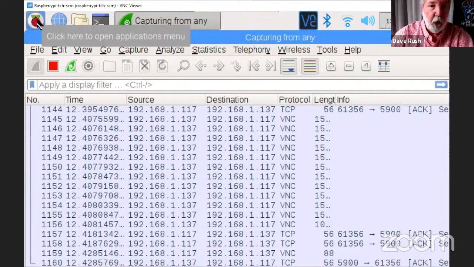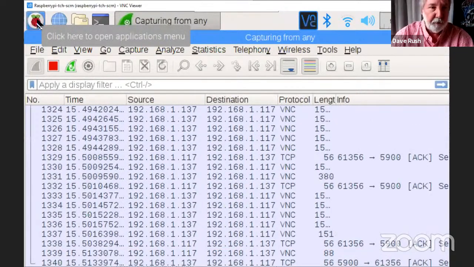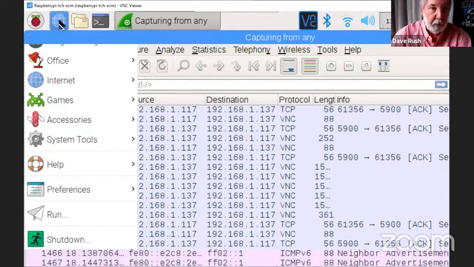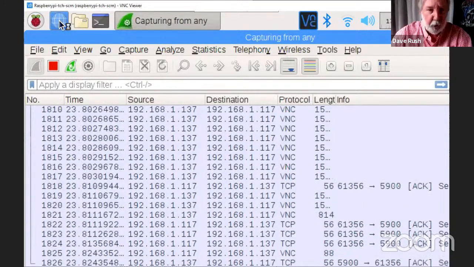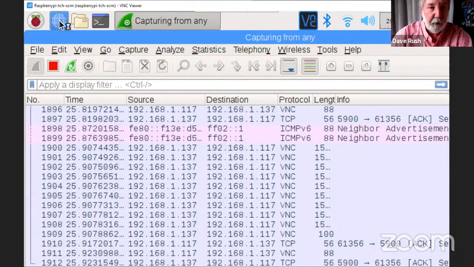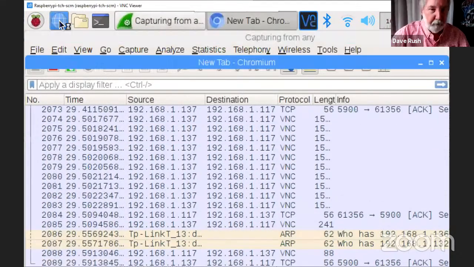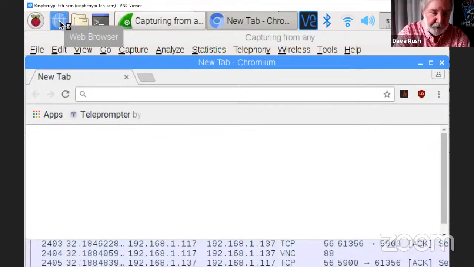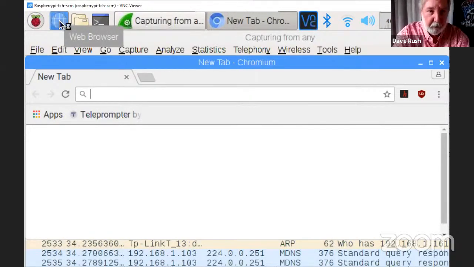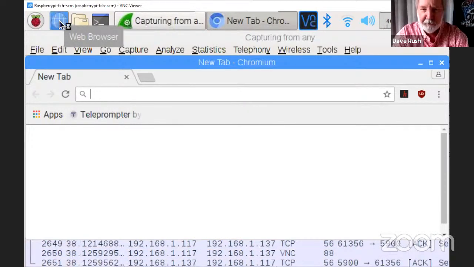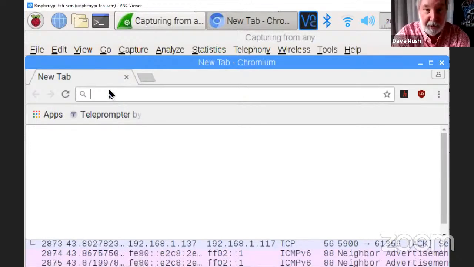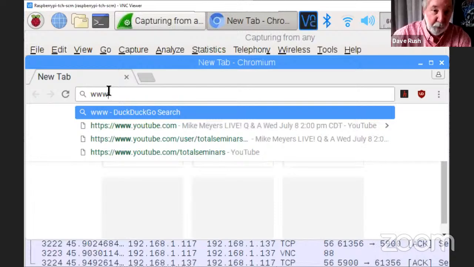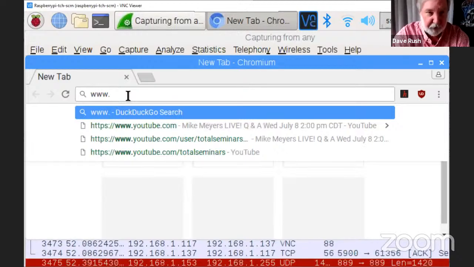So now I'm going to open a browser on the Pi side because I don't have a secure server running on here. So we'll make this the client and we'll call to some web server that's out in the wild. I think we're asking a lot of this old 3B. There we go. We got a browser now. I'm going to go to www. Wait a minute. That's not how you get to a secure server. You're supposed to go to HTTPS, right? Yeah, but most web servers have a redirector that says, if somebody's trying to get here using an unsecure method, I'll redirect you to the secure website.